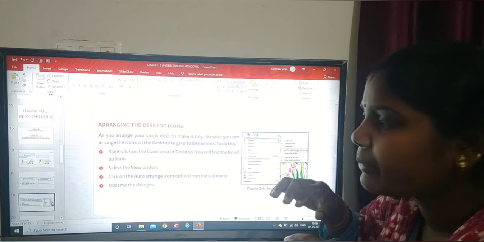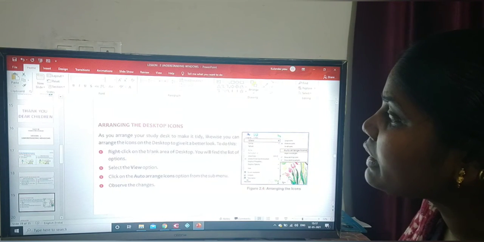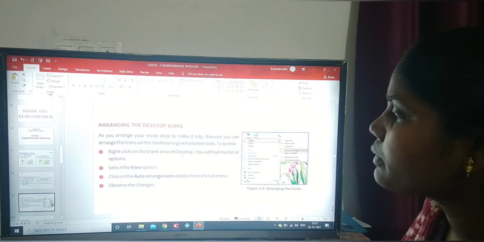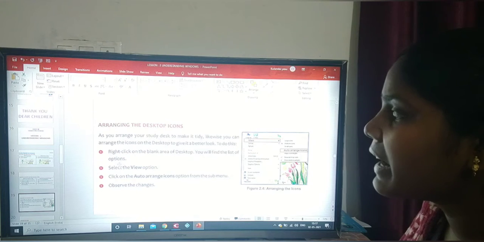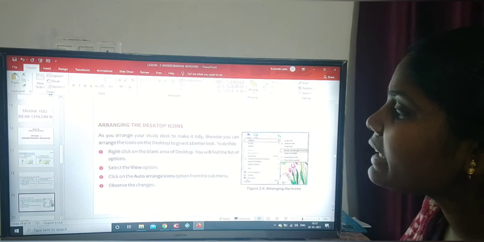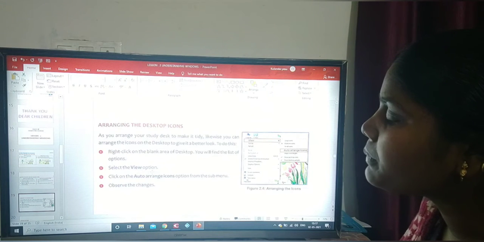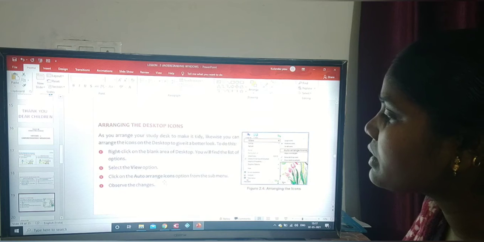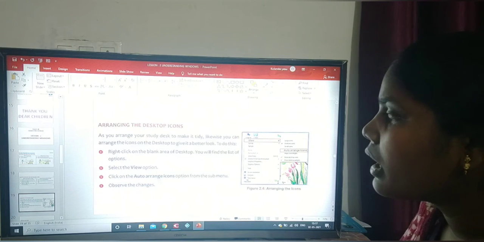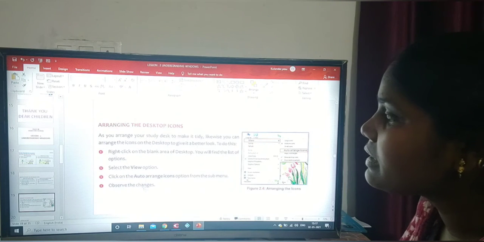For that, first we have to right-click on the blank area of the desktop. You will find a list of options. Then we have to select the View option, and in that click on the Auto Arrange Icons option from the submenu. Then observe the changes.